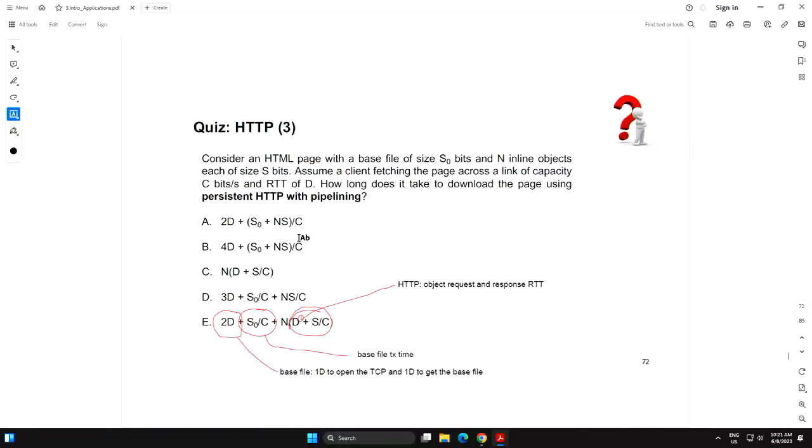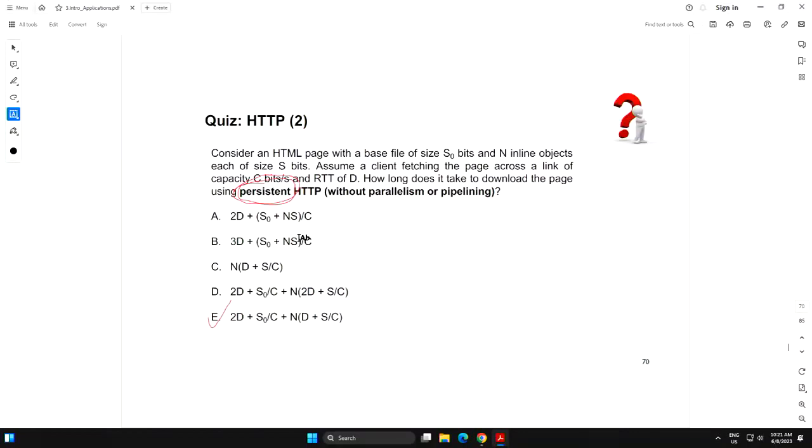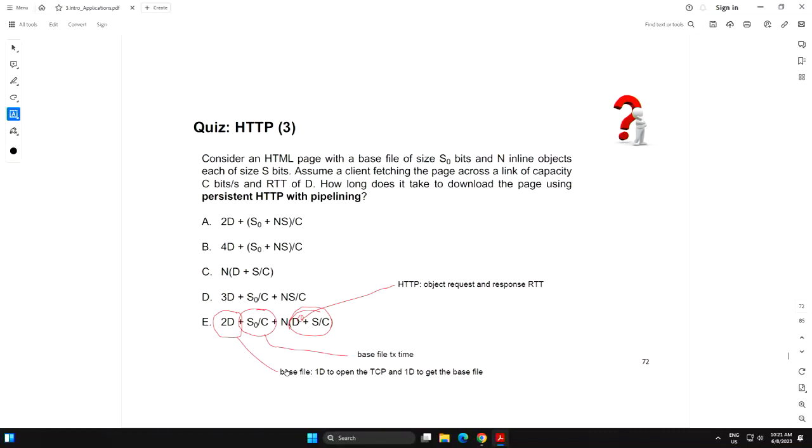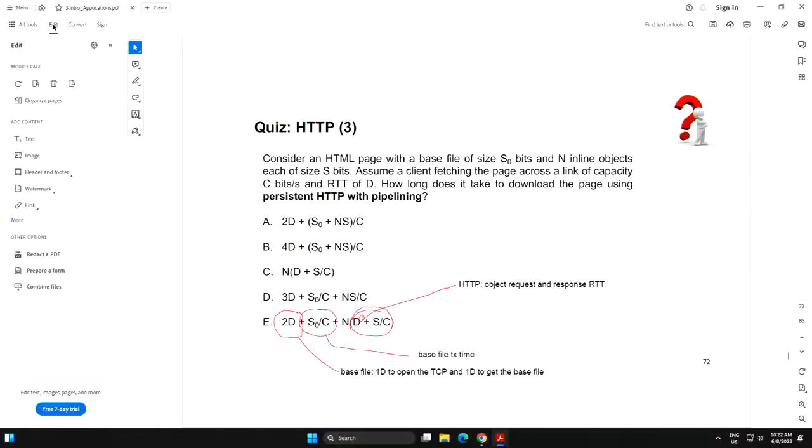Oh, did we actually skip? No, I think that was the persistent without pipelining, but I think this will still be valid. This is still valid, but the answer is not E. This is not the correct answer. So I think we skipped one slide.